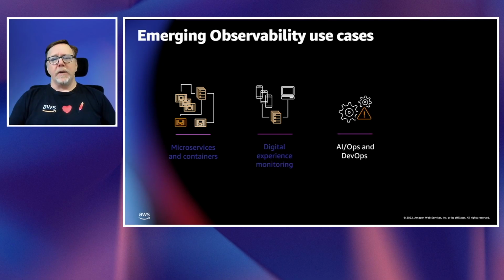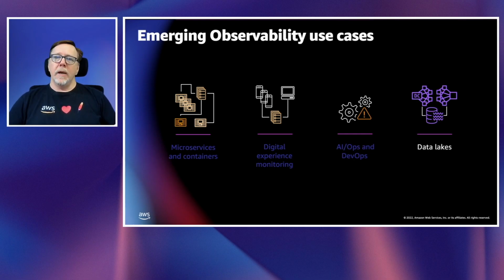On the operational side, and of course, observability really flows out of the DevOps kind of methodology. So when we're looking at an operational situation, observability is really going to, again, help you dig in, troubleshoot, and fix issues. And finally, looking at data lakes enables you to understand how your information is flowing in and how it's related to one another.